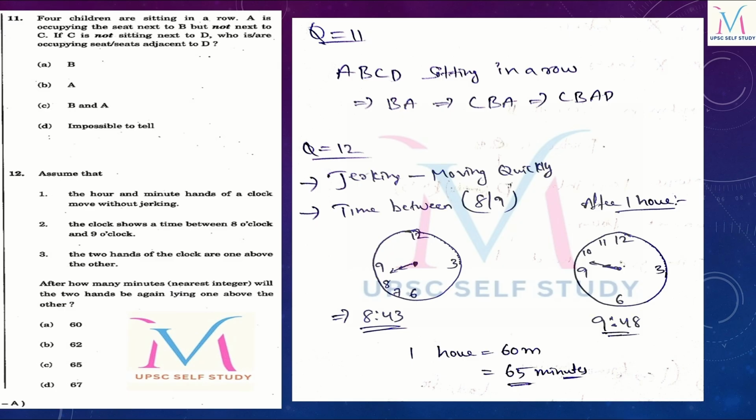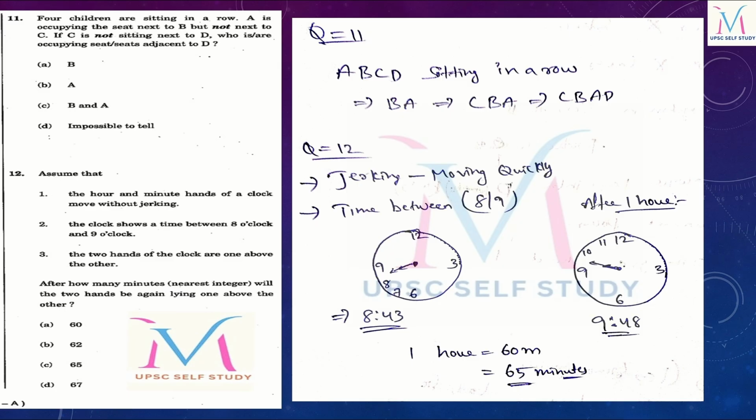After 1 hour, again they will be lying one above the other. The first time they are lying one above the other at 8:43, and the second time, after 1 hour, again they are lying at 9:48. Okay, so directly, so calculate. See here,